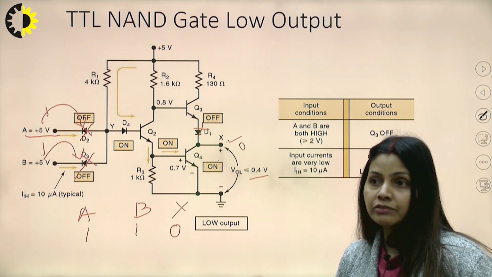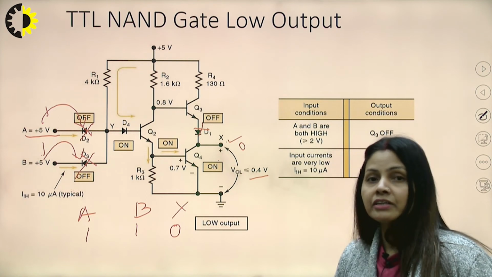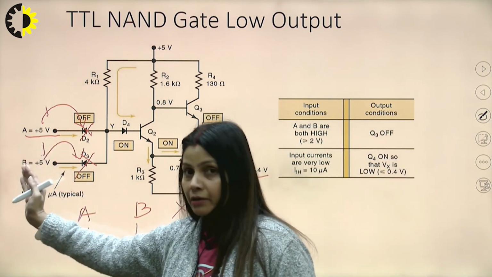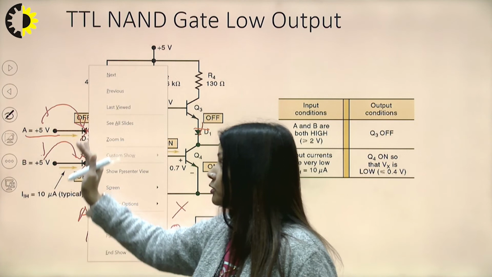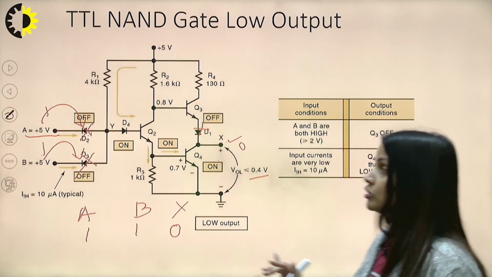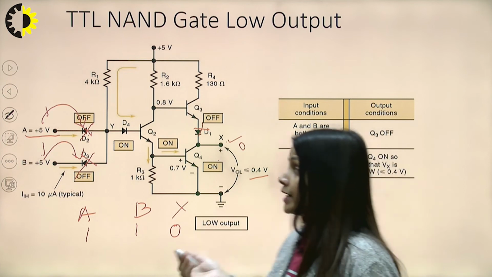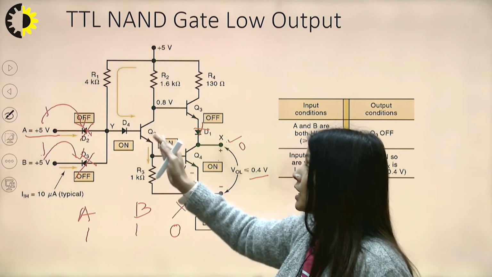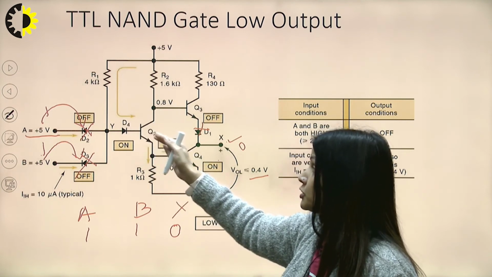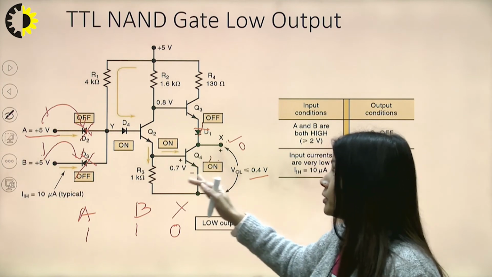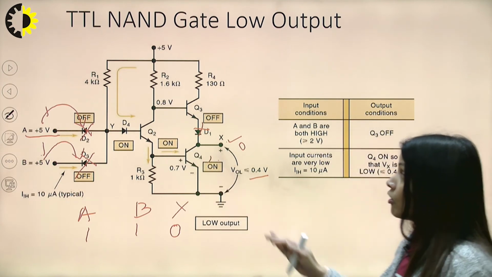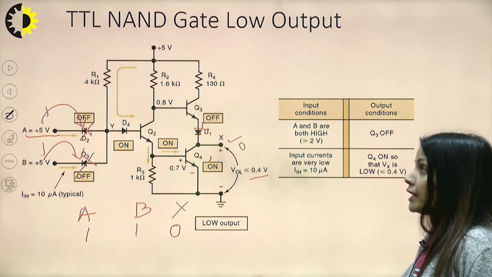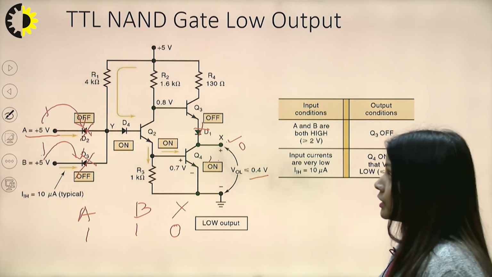We need to analyze the state of all the transistors. In this case, according to the inputs A and B, we analyzed diodes D2 and D3, and once we found that D2 and D3 are off, all the current goes through D4, making Q2 on, and whenever Q2 is on, this saturation makes Q4 on. If it is on, then obviously due to diode D1, Q3 gets off, and if Q3 is off, then obviously